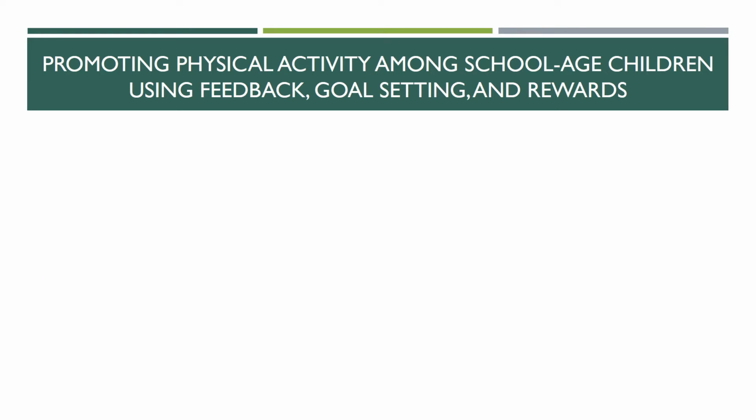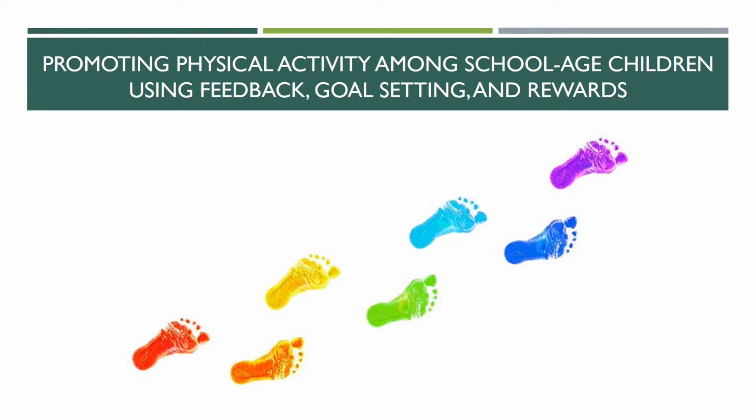At the end of each day, the parents showed the children the number of steps they took within a day and told the child that either A, the goal had been achieved and the reward was earned, or B, the goal was not reached, and how many steps were achieved and how many were needed to achieve the goal. The reward was delivered the following day only if the goal was met the previous day.